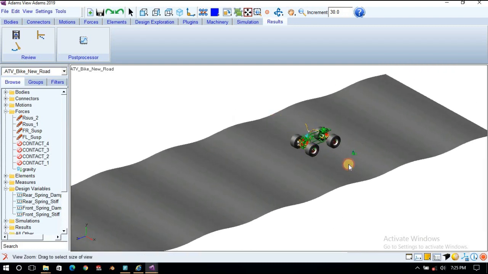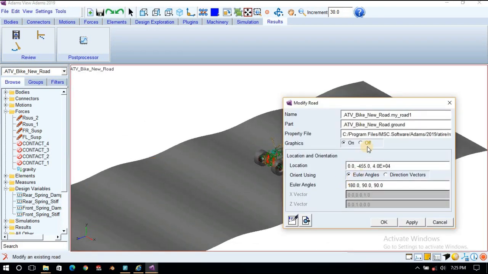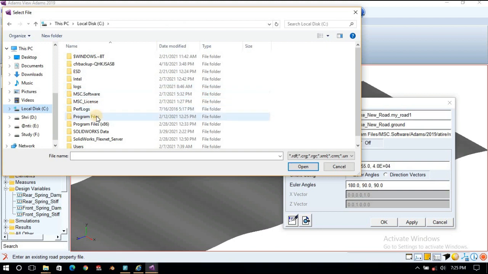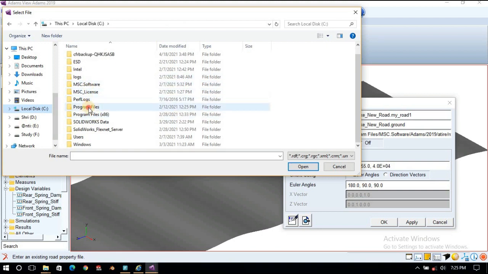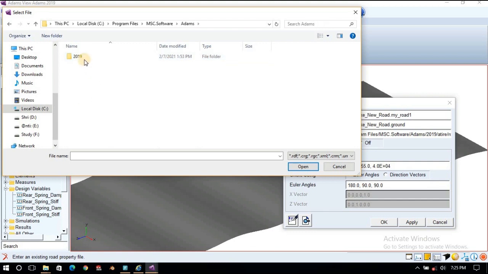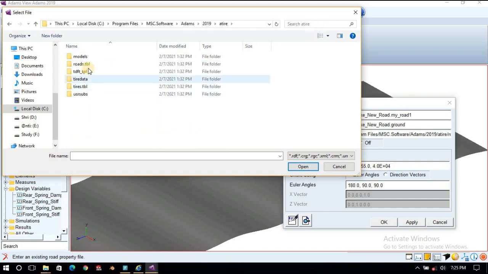So this way you can model tire and road. Now we'll choose a different road profile. Just click on road property file, browse, and go again to your installation folder: Program Files, MSC Software, Adams 2019, tire and road.